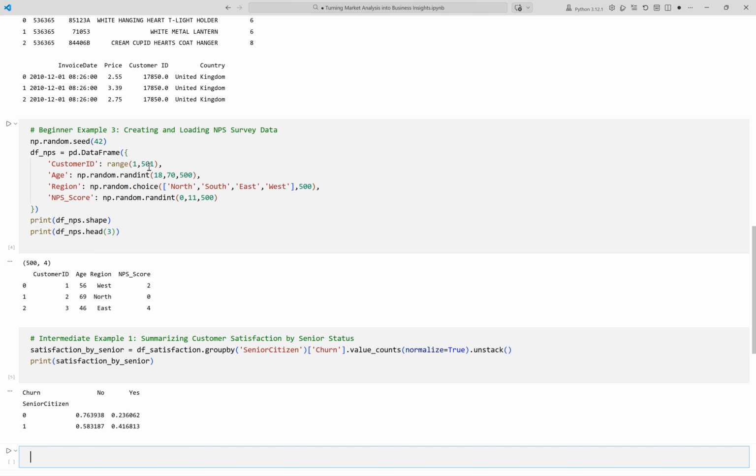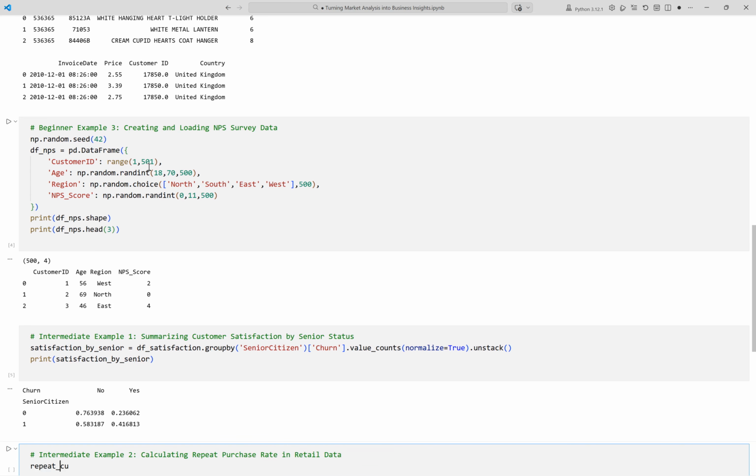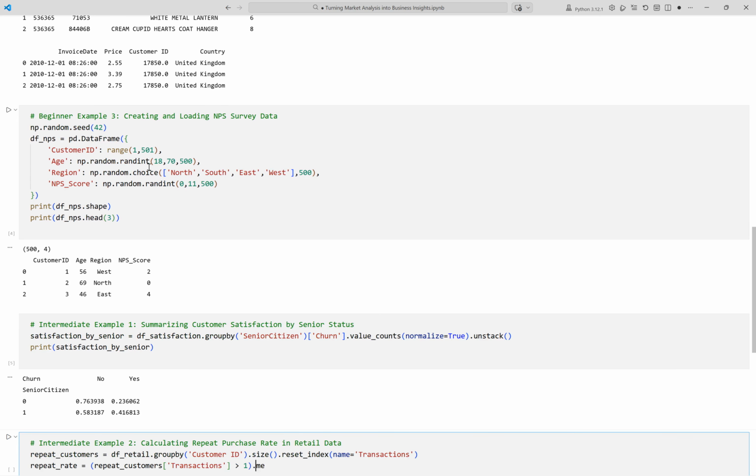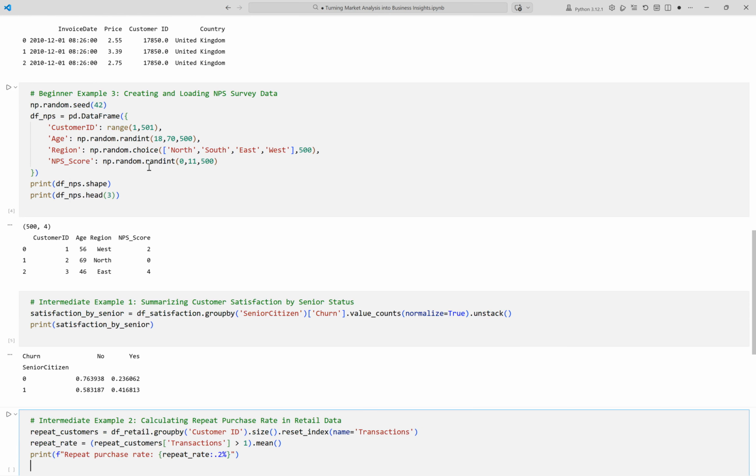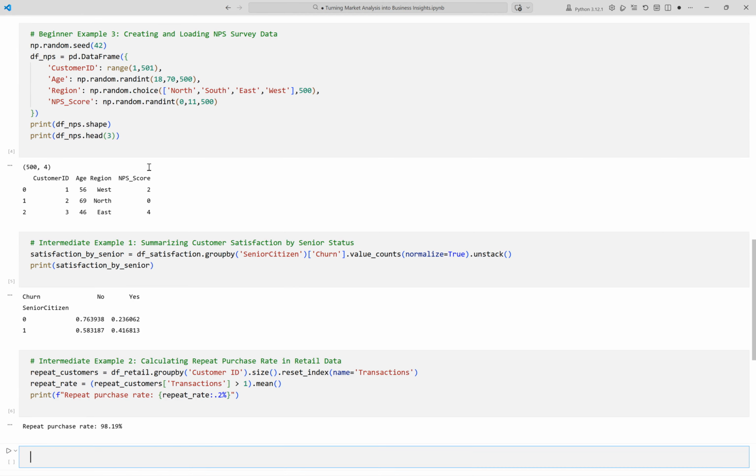We want to know what share of customers make more than one purchase. We count transactions per customer. Next, we check what fraction of customers have more than one transaction. We print the repeat purchase rate as a business metric. Running the cell now. This output shows the repeat purchase rate calculated from the retail dataset, indicating that 98.19% of